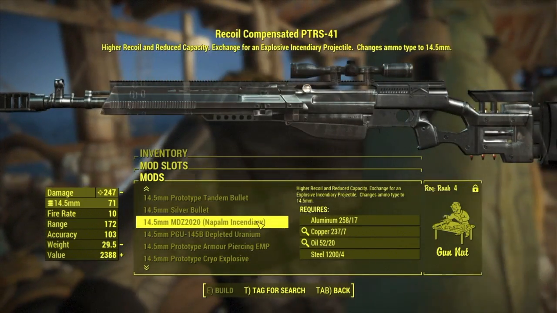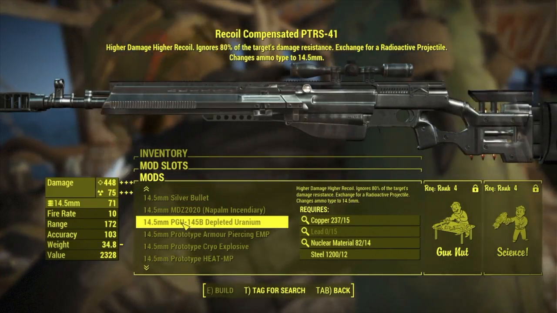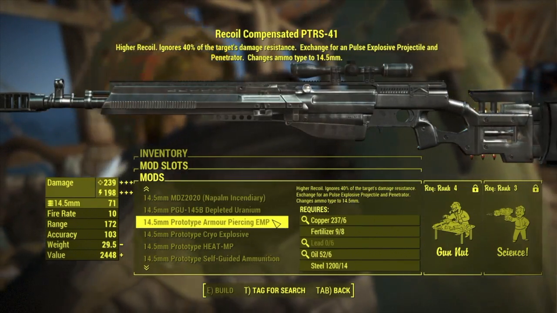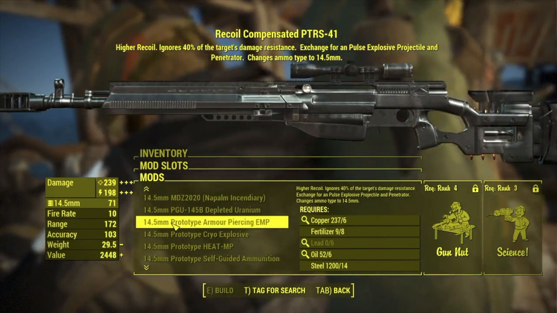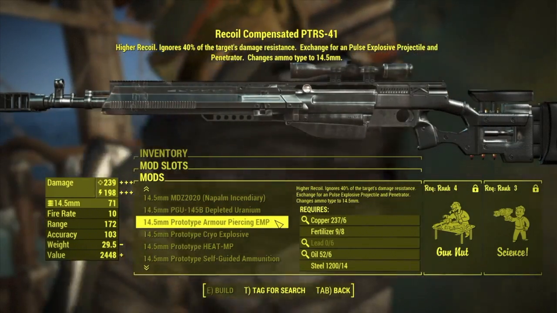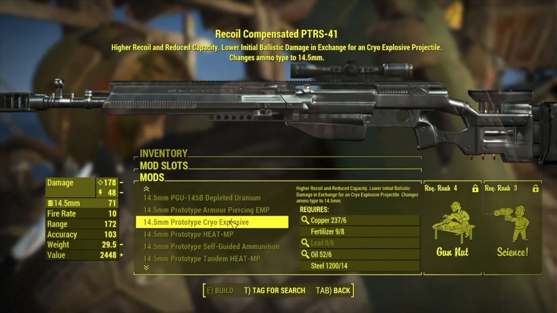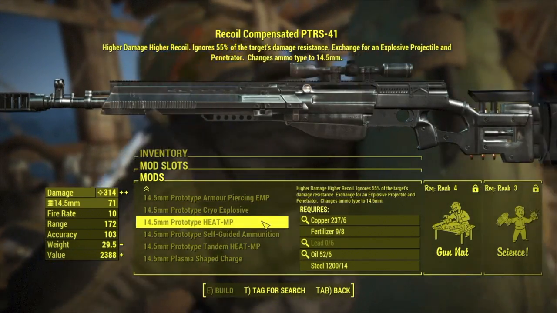Napalm incendiary, depleted uranium. This one adds ballistic and radiation damage to your shot. Prototype armor piercing EMP. This adds energy damage as well as ballistic damage. No doubt this is for people with power armor or robots in general. You also have cryo explosive, heat MP, and another very unique one is the